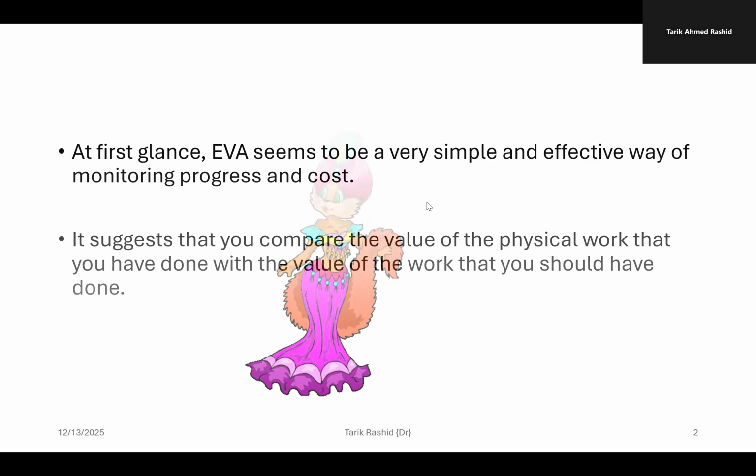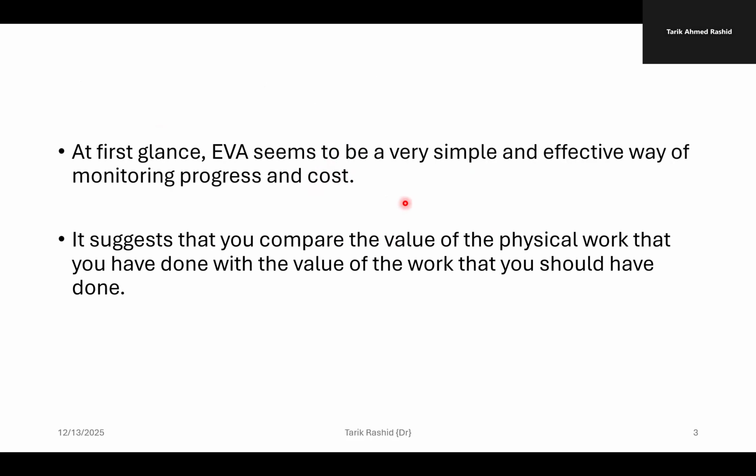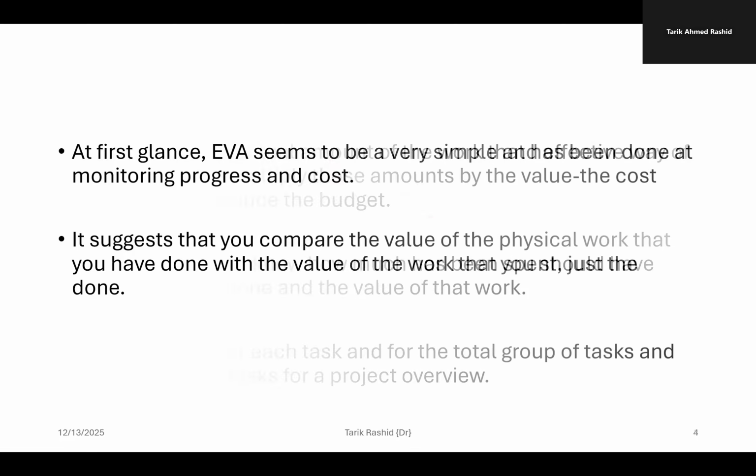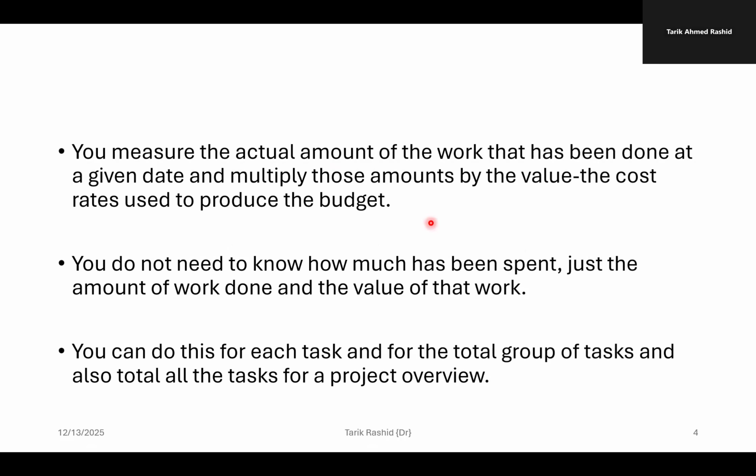Okay, the earned value analysis seems to be a very simple and effective way of monitoring progress and cost. It suggests that you compare the value of physical work that you have done with the value of the work that you should have done in the past or that you should have planned for. So you measure the actual amount of work that has been done at a given date and multiply those amounts by the value, the cost rates used to produce the budget. So you do not need to know how much has been spent, just the amount of work done and the value